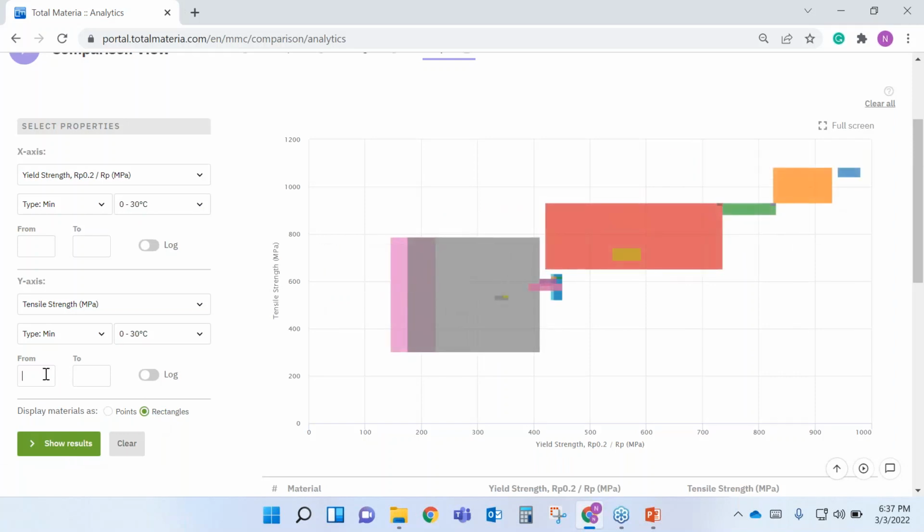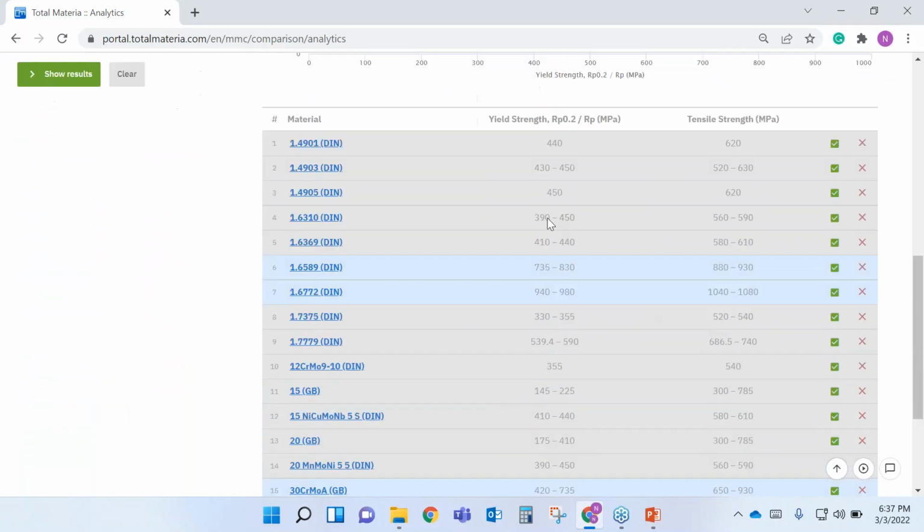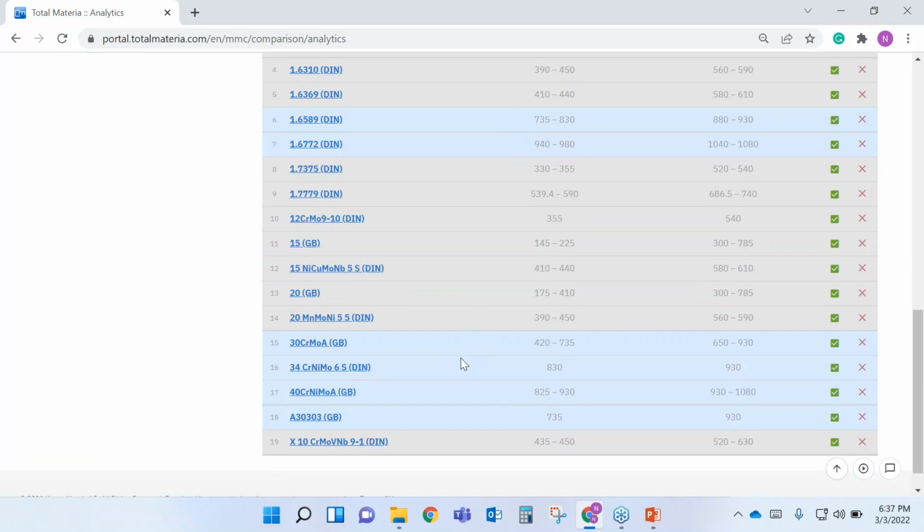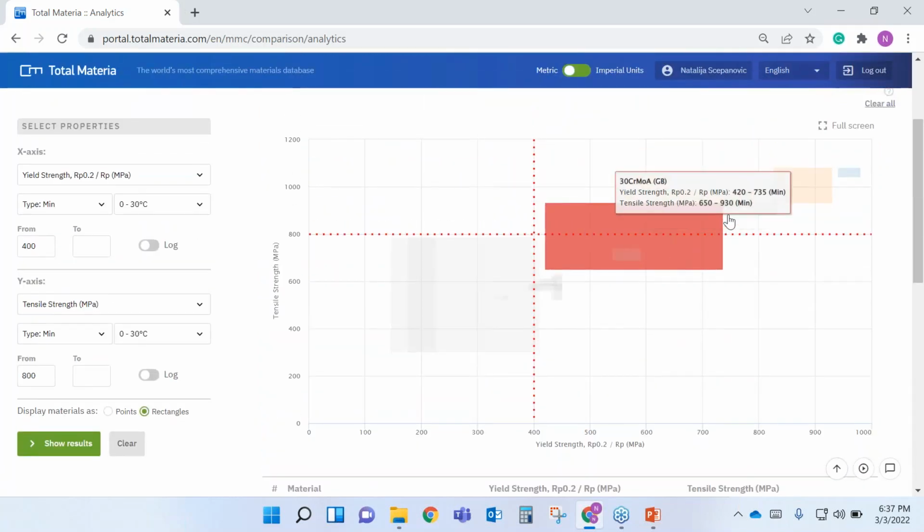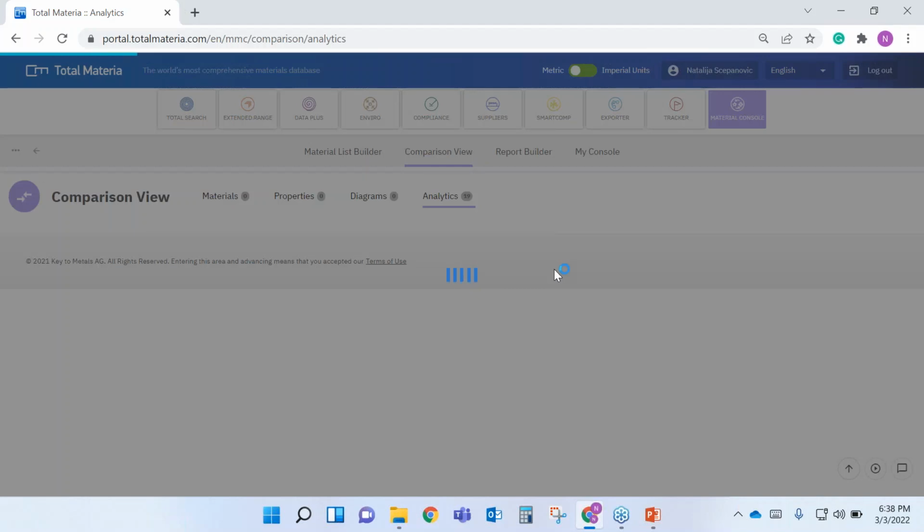And let's say I need a tensile strength of at least 800 and a yield of 400. Simply add those search results. On the bottom, you can see all the materials that are grayed out and the ones that are good to go. And if I'm on the cusp of perhaps this material, some of the conditions are lower, some are higher, I can select the material itself,